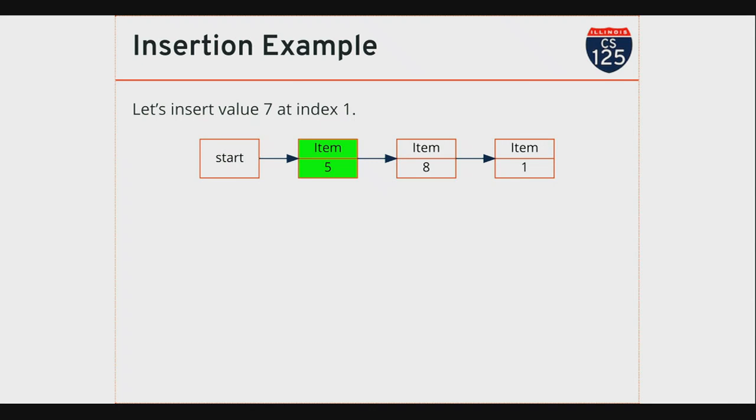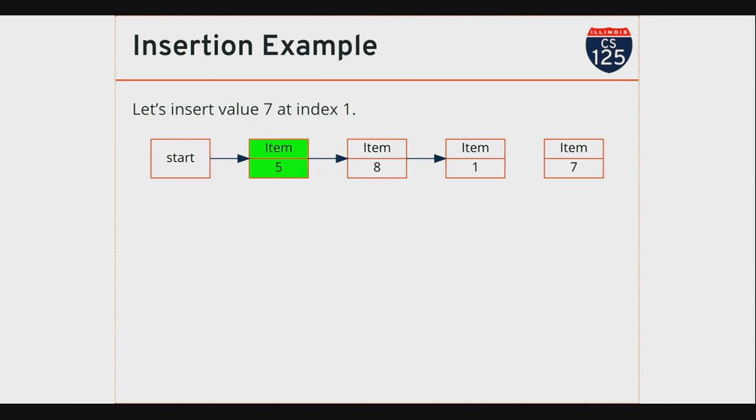In this case, I'm gonna walk the list till I get to item 5. Now I have access to the item I need to manipulate. Okay, so now there are two steps. I have my new item 7. The first thing I do is I set item 5, I need to make it the next item after item 5. So I just did that here. And then I need to make sure that the rest of the list, so item 8, is the next item